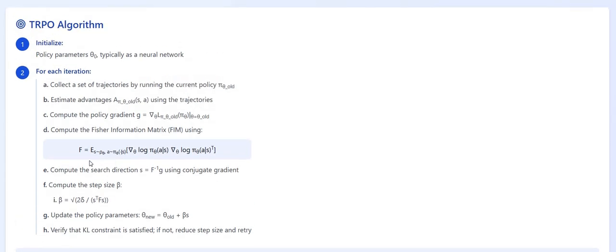Next, we compute the gradient of the surrogate objective. This gives us the direction in parameter space where performance is expected to improve. But instead of updating the parameters directly, we do something else. We calculate the Fisher information matrix, and this captures how sensitive the policy is to changes in its parameters. Then comes the conjugate gradient step. We use that to solve for the natural gradient direction without actually inverting the Fisher matrix, which would be too